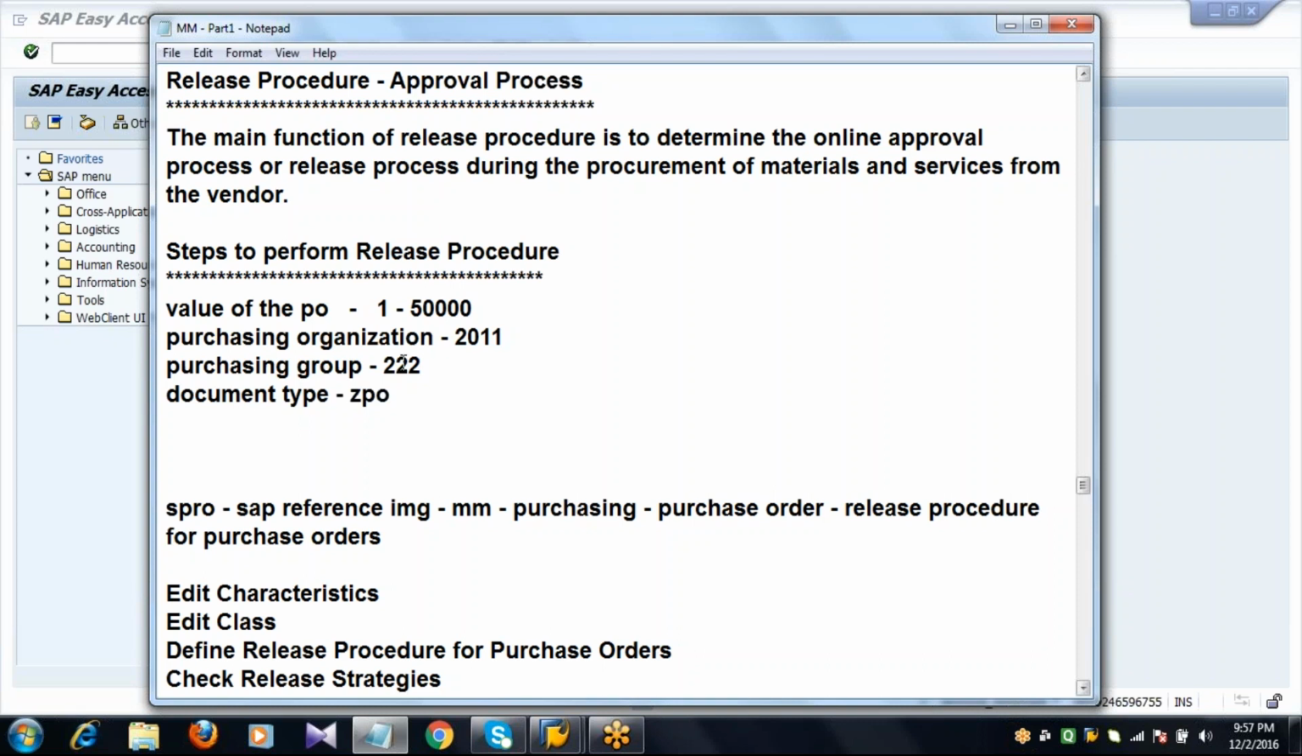And the value of the PO should be within this range, from $1 to $50,000 or from 1 rupee to 50,000 rupees, whatever the currency it is. Then the PO will go for approval. This is my condition. Suppose I change any of these parameters, instead of ZPO, if I select some other,